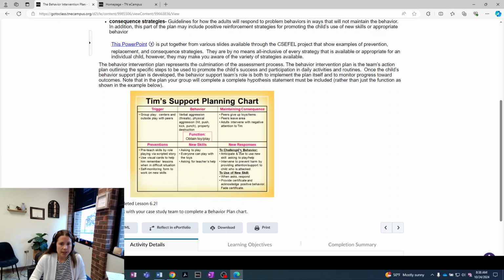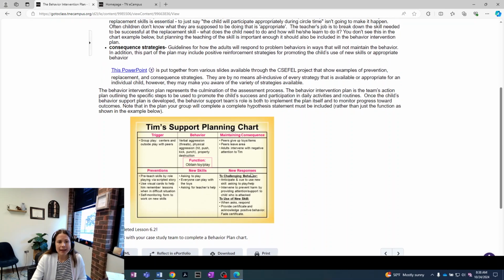You going back again to look at your ABC chart, right? A, antecedent is a trigger. You have your behavior, and then you have your consequence. When you're filling out a chart, pay attention, because this is kind of what your homework assignment is about. When you're looking at putting a